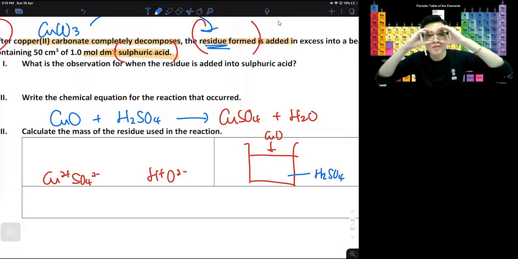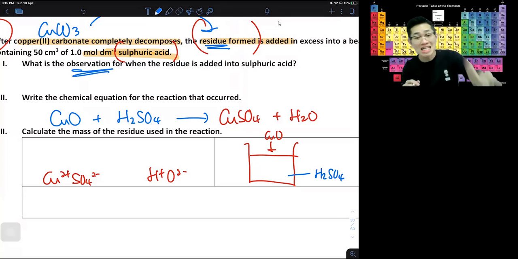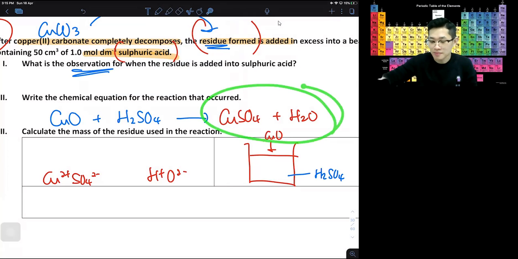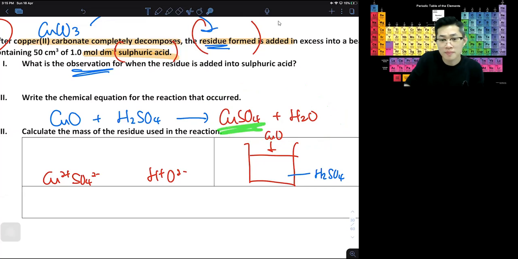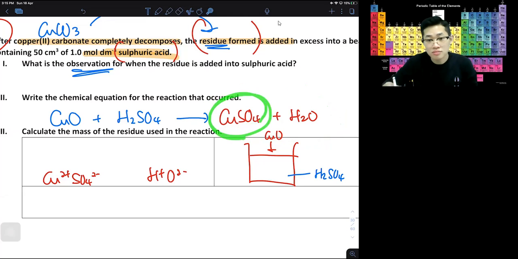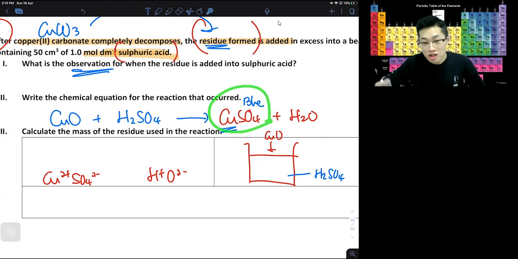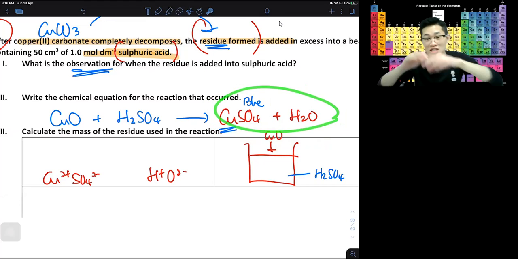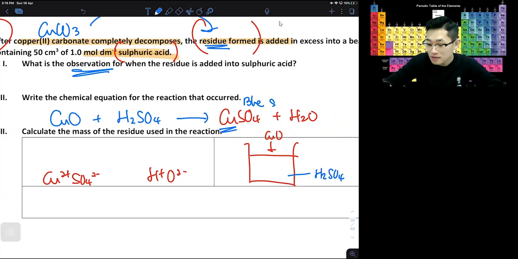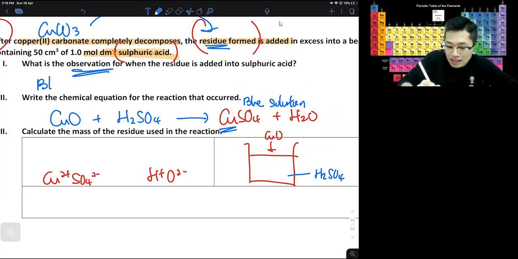What can you see? When I say observe, you have to tell me color. So what color? Yes, you see the product. CuSO4. What is the color of CuSO4? Yes. Soluble or not? Okay, I know. Okay. This is blue, right? Okay, Cu is blue. Soluble or not? Soluble. That means when it mixes with water, it is a solution, right? It's a blue solution. So what happened is the black